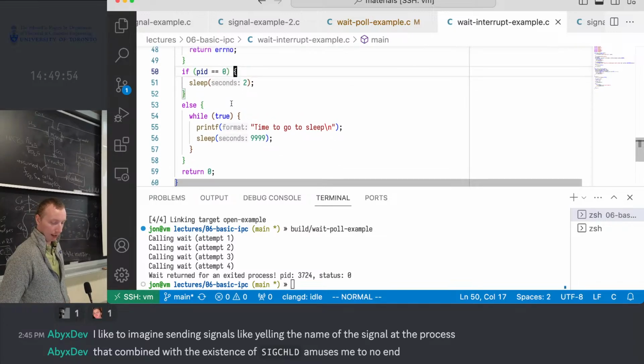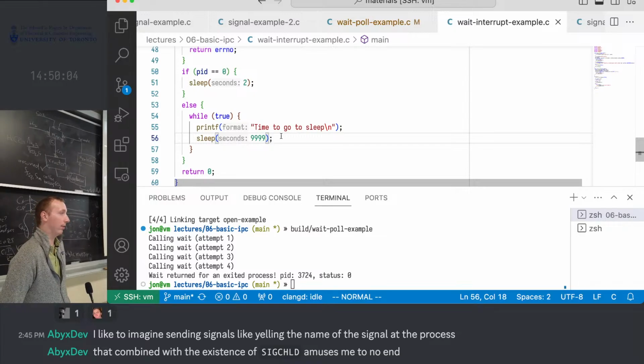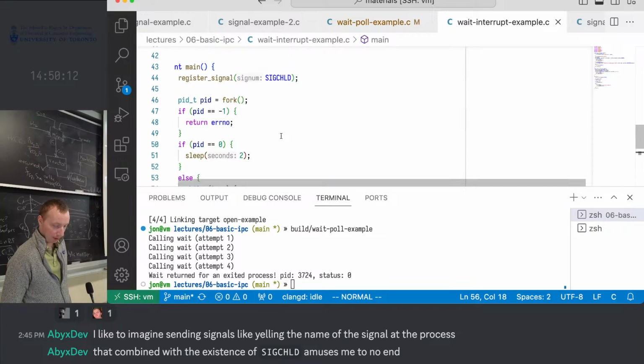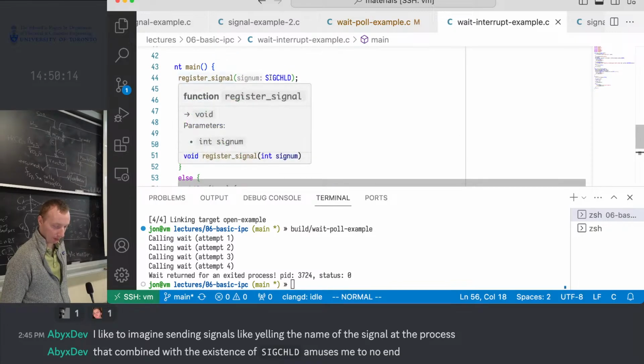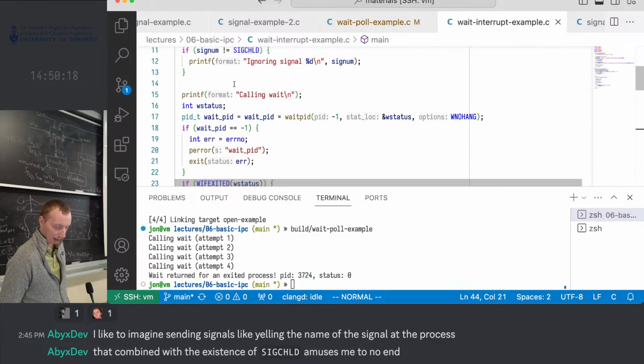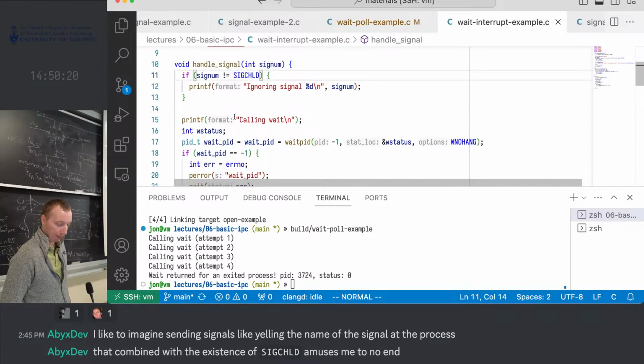And then here in the parent, just to show that I can do useful work, I'll just print off I'm going to go to sleep and then sleep for 9,999 seconds, just to show that, hey, this could represent a long-running task, and an interrupt is instant, so it will interrupt this sleep. So I register the sigChild signal handler, and in the function, that's where I actually call